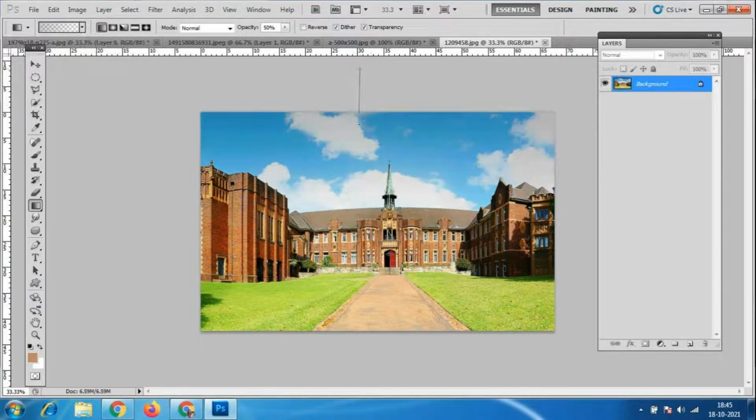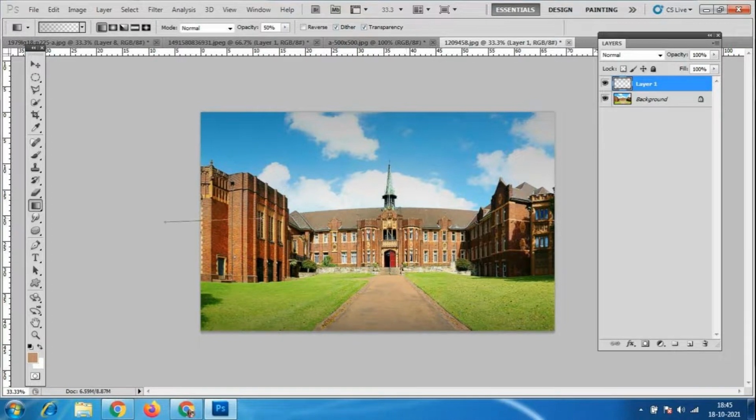Okay, if we apply one more time it will become a little dark. Which is very bright over here, I want to make it a little dark. Here this grass is also a little bright, so I want to make it a little dark. So like this you can make the image like this.